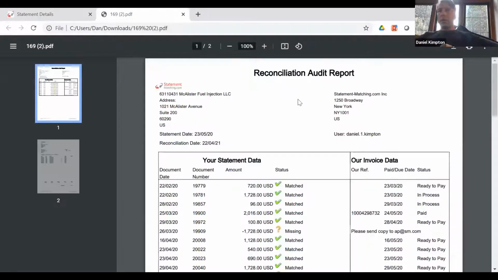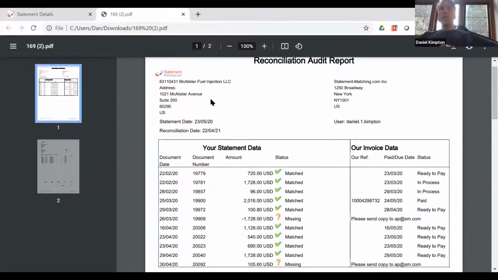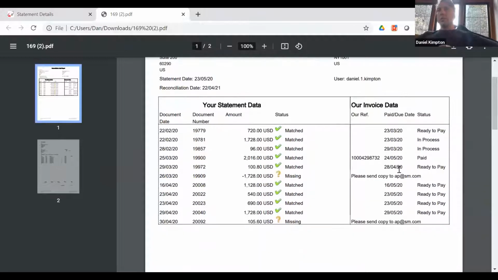Right, hopefully you'll see a PDF now. Now, this gets personalized. So this would be your logo in the top left there. Obviously your details on this section. Now, if you look on the statement on the right, I'm telling the supplier the documents that are missing,